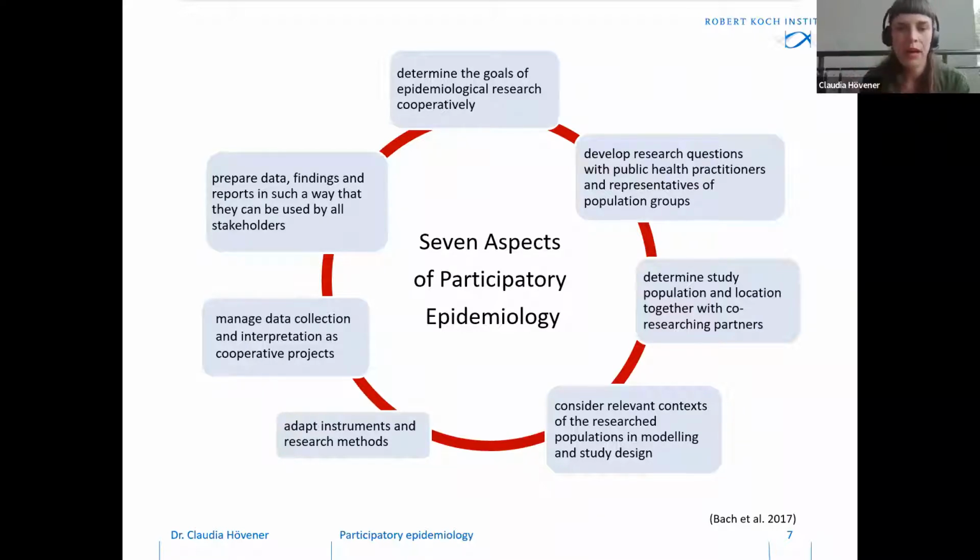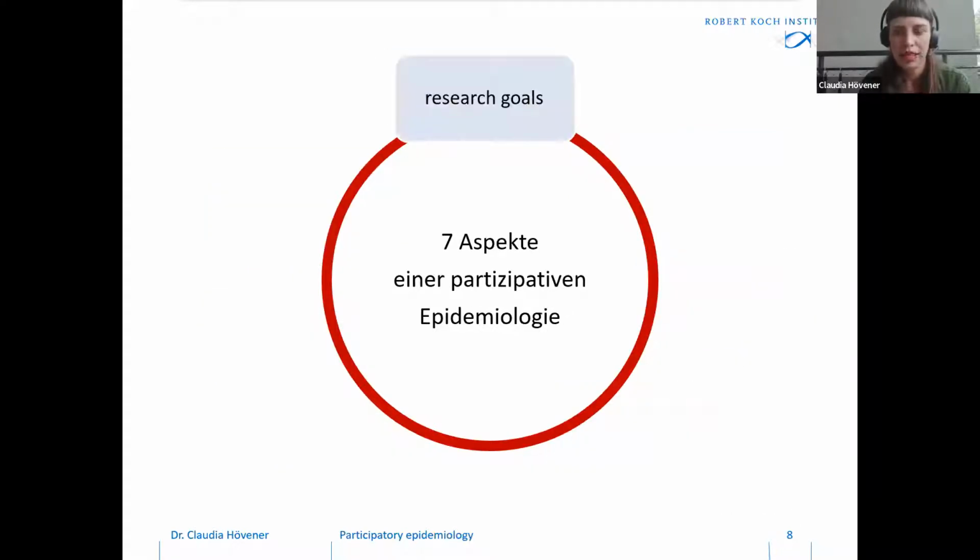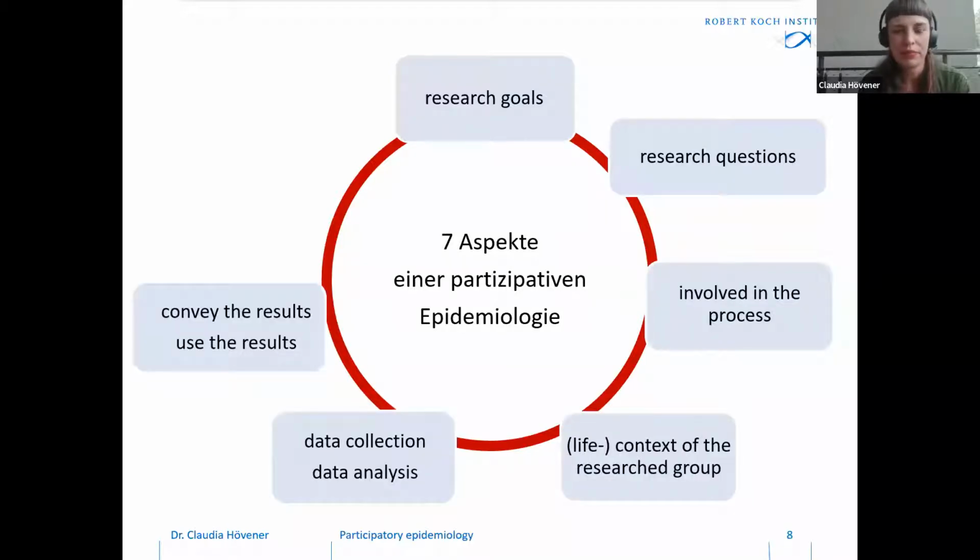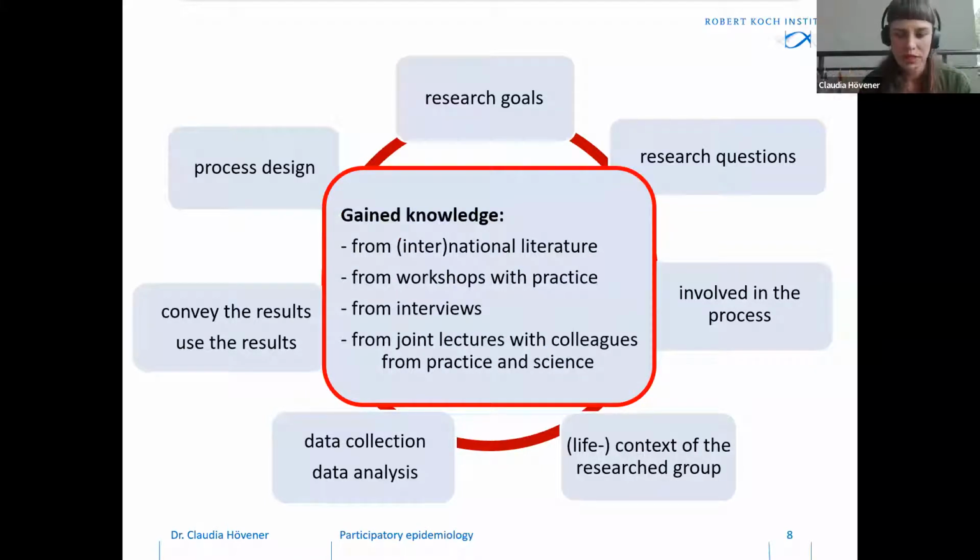So basically, these are the 7 aspects of participatory epidemiology, and I will now show you what this means when applying all these 7 aspects to the study of sexual health of migrants from sub-Saharan Africa. But, oh, this is unfortunately in German. So again, quickly, we look at research goals, research questions, who is involved in the process, life context of the research group, data collection and analysis, conveying the results and using them,